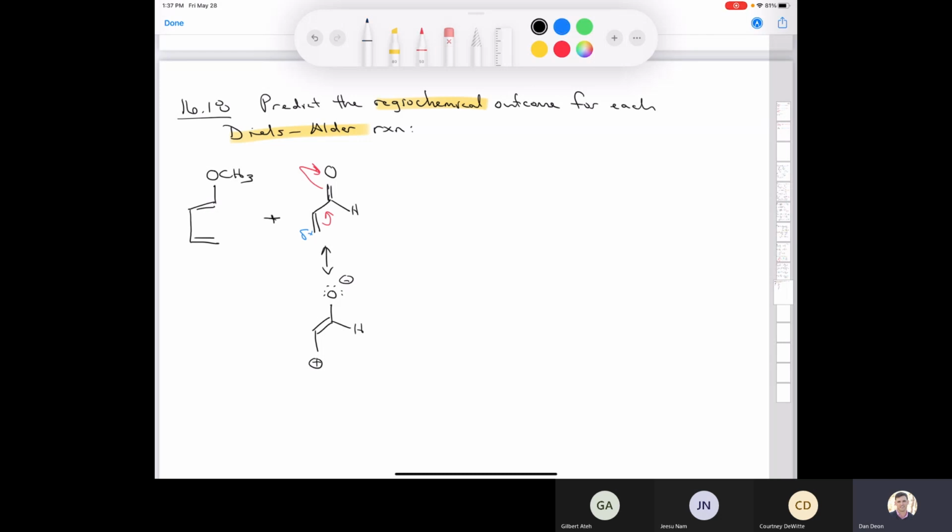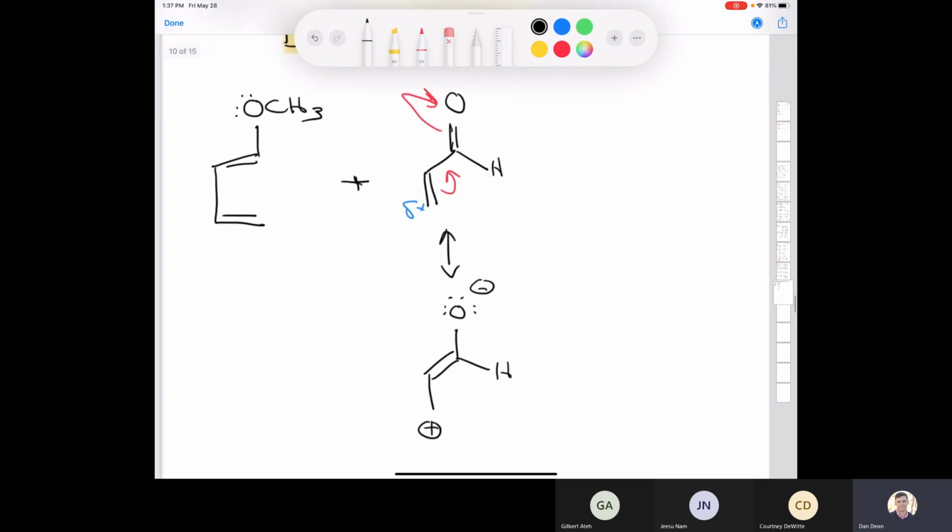And then if you need to, I have two lone pairs here, so I could push some arrows like this, and then like this, or maybe I could fix that last one like this, so that I end up with something that looks like this. So I have a negative charge here, and then I have my